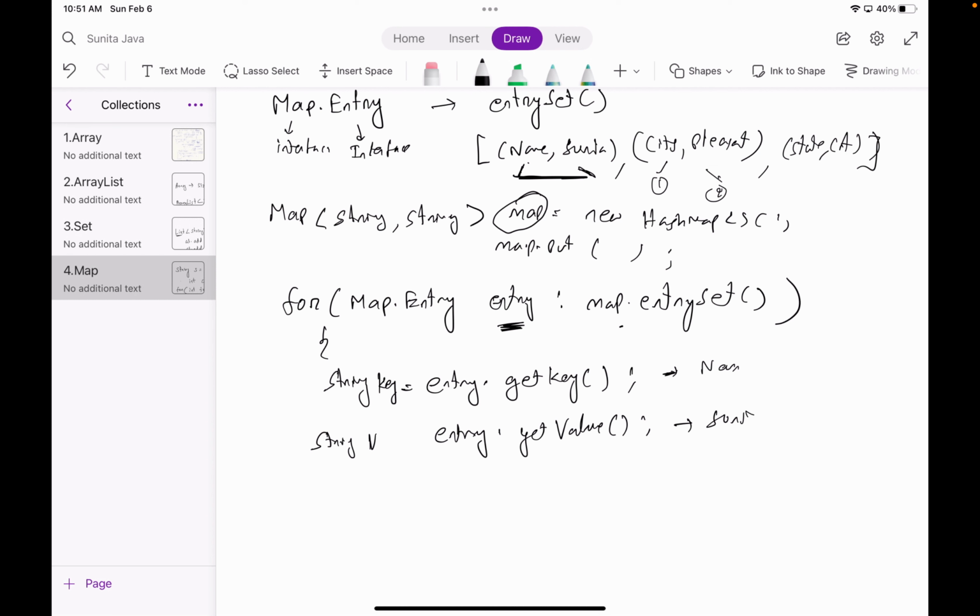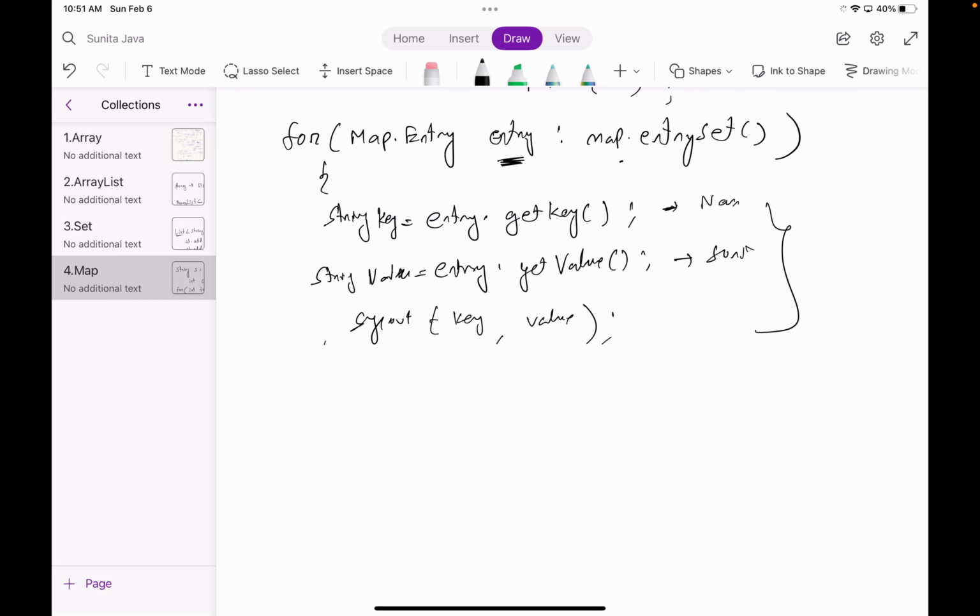If you have a character, string, or integer, you can give the string value like that: entry.getValue(). Now if you want to display with sys out, you can display the key and then the value, so it will display all these key-value pairs. You don't need to write all this. Instead, you can write it in a single line like so, or I can write it one more time: for Map.Entry, this is a variable entry, and then map.entry